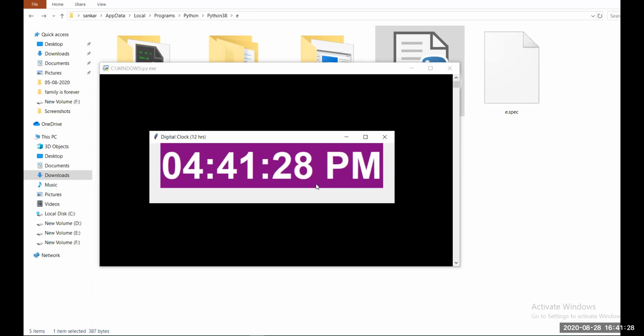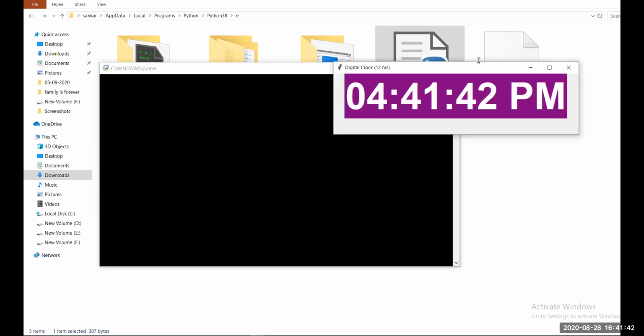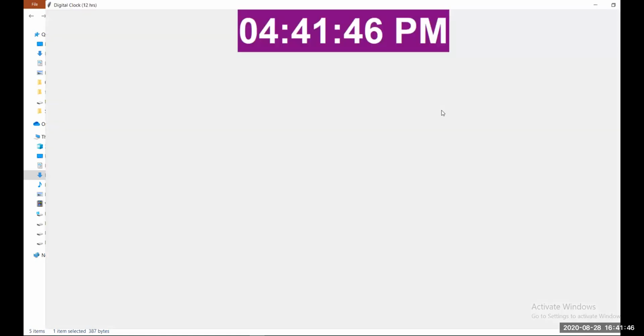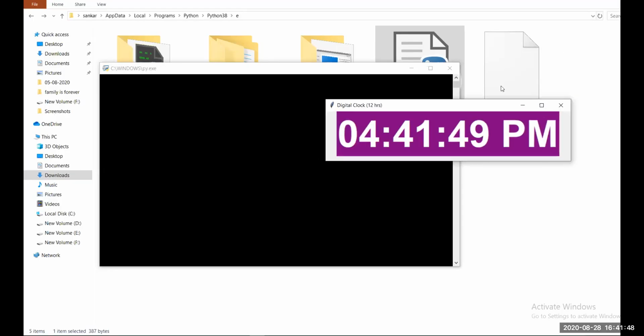This is the introduction for your Tkinter. The Tkinter library is used to create your Windows application. This is one such Windows application, and you can see it gives a digital clock. Earlier we downloaded some widgets, right?